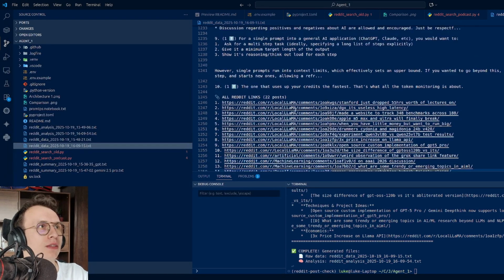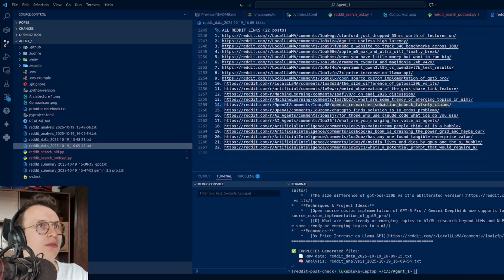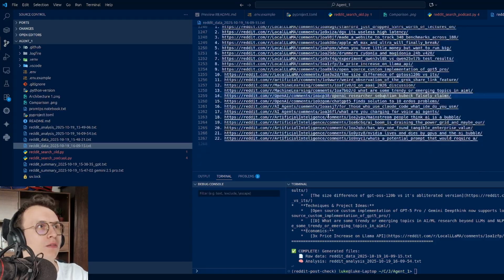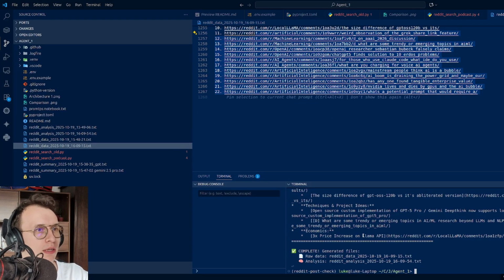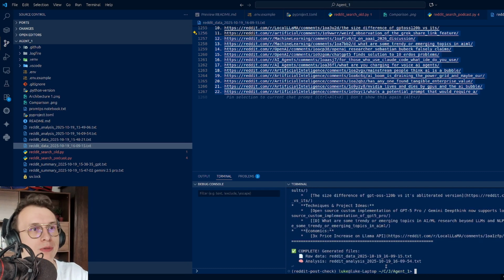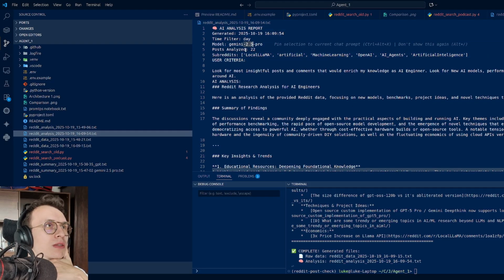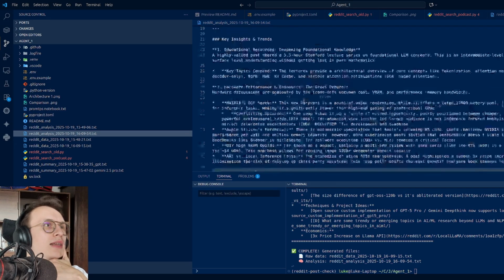And so here we get all the links and the comments with a link. So actually the links are repeated, kind of, but why not? I do it to provide everything. And then here we see already that the summary got completed. So if I go here, we can see that we have the AI analysis report, we have subreddits, which model we use, which filter we use, date, posts analyzed.